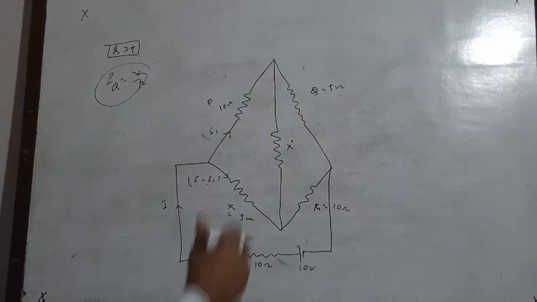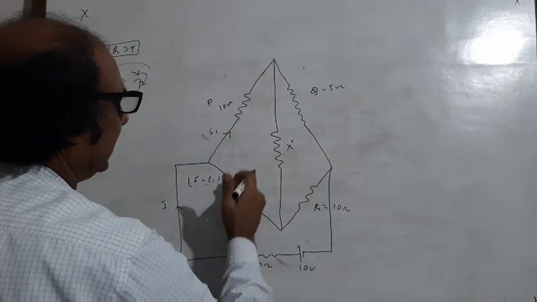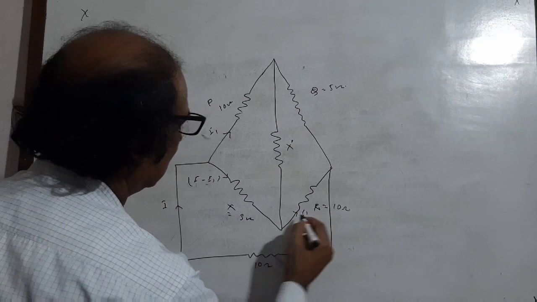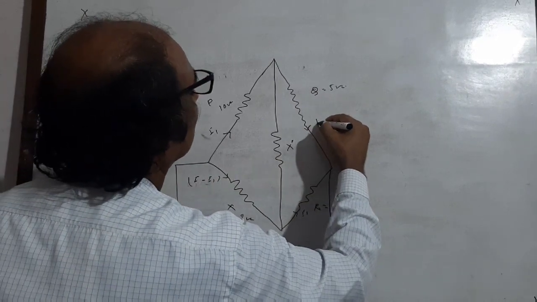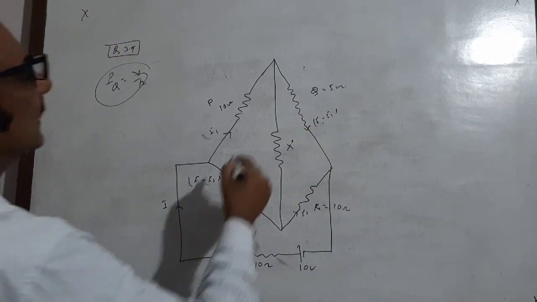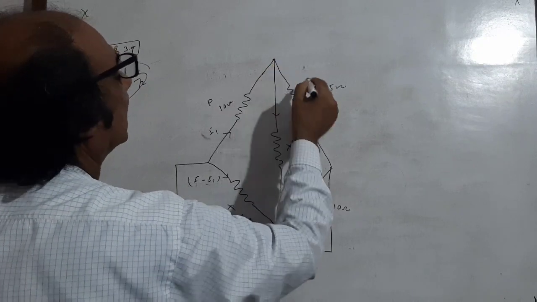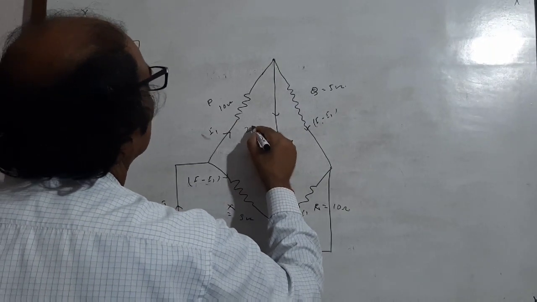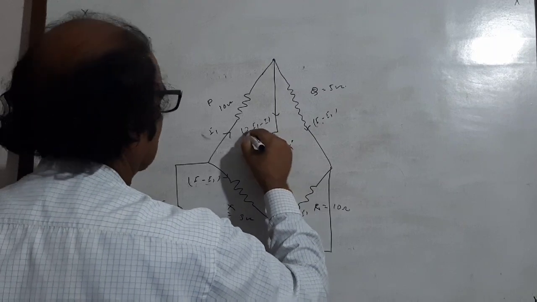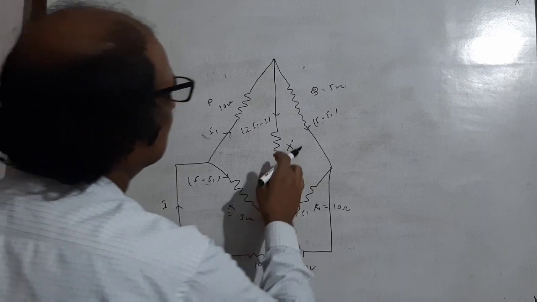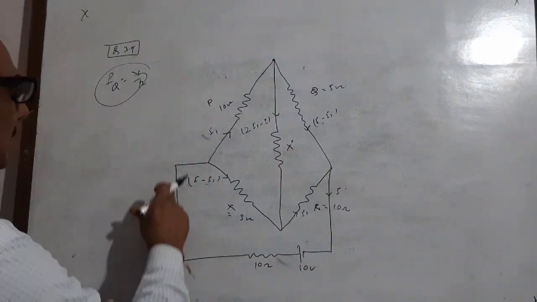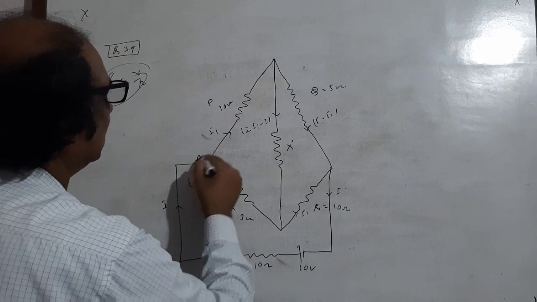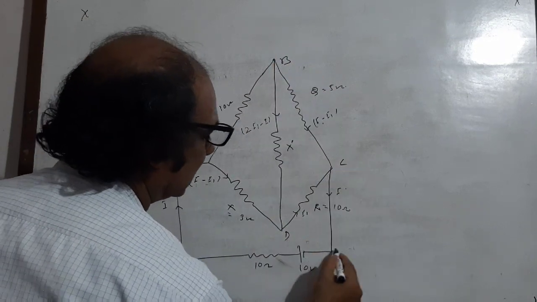And now we are using the symmetrical method. See, this is a kind of reflection of it: this is 5 and this is also 5, this is 10 and this is 10. So we take the current here as I1, and this current can also be taken as I1, and since this is I minus I1, the current here will be I minus I1. And according to the junction rule, incoming current equals outgoing current, so this minus this equals this current, like 2I1 minus I, and hence the net current is equal to I. So incoming current I is distributed in the different resistors, and finally leaves from this point. So it is assumed that A, B, C, D, E and F.